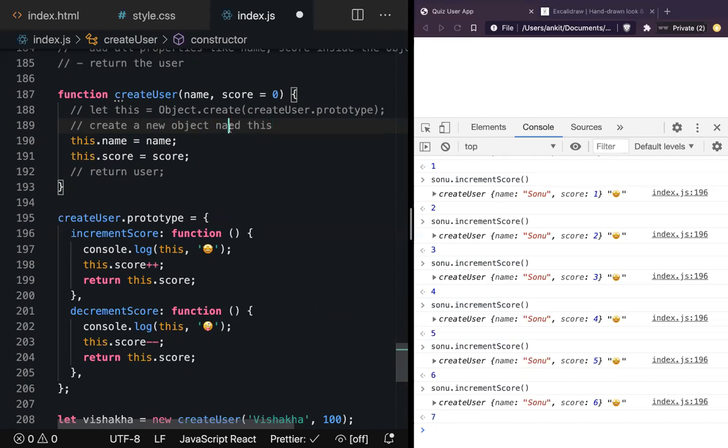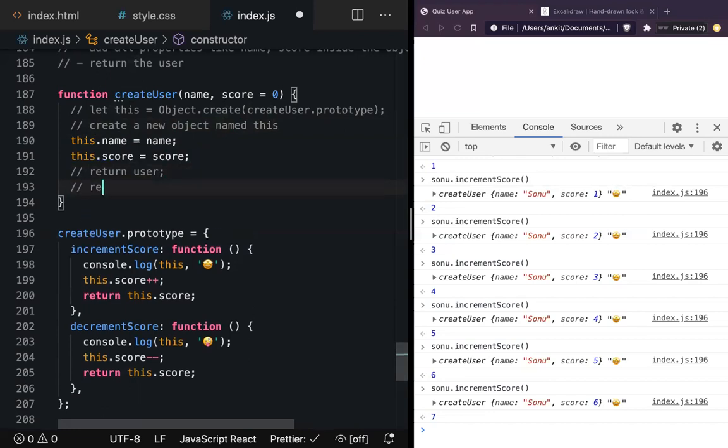New object. So say it again. What does new do first? New creates a new object and names it this. Because we have an object, we can put some properties into it. What is the last thing it does?